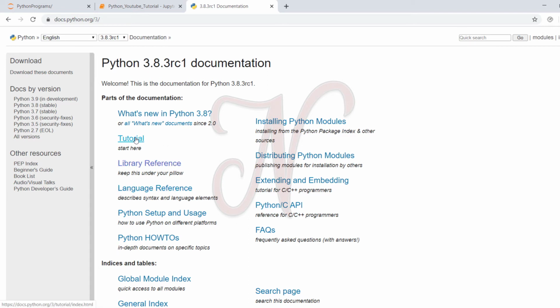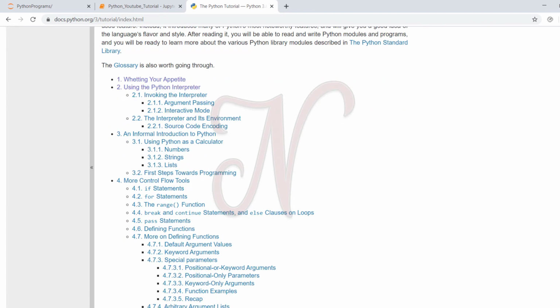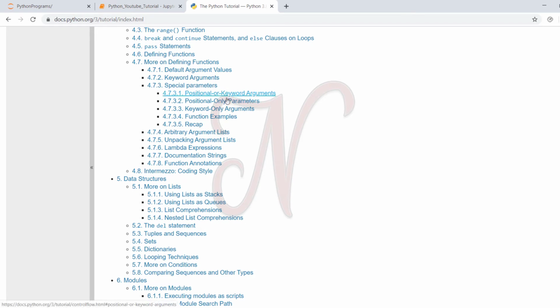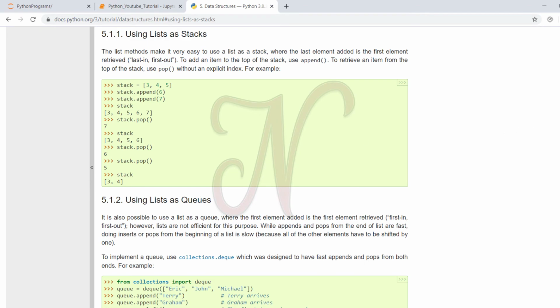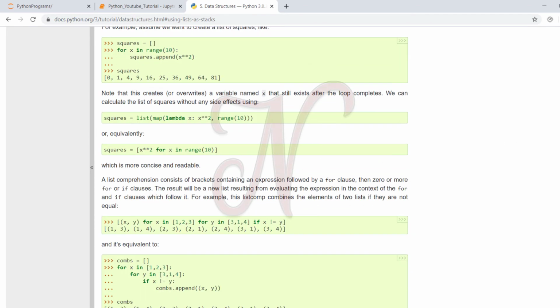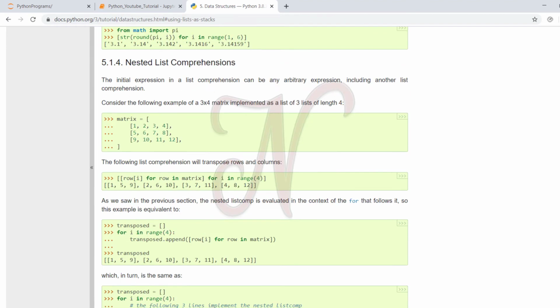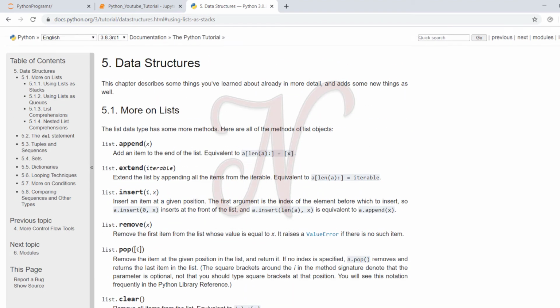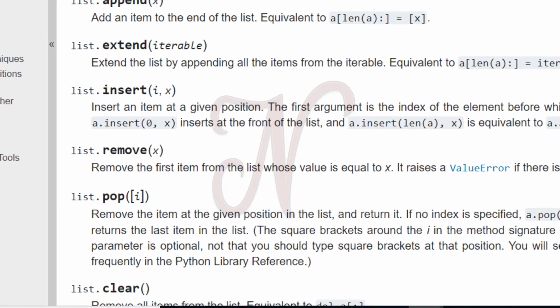If I click the tutorial link, this is the index. When you click any link like using list as a stack, you will see the description, methods and examples. Use this official website if you have any queries or function doubts.